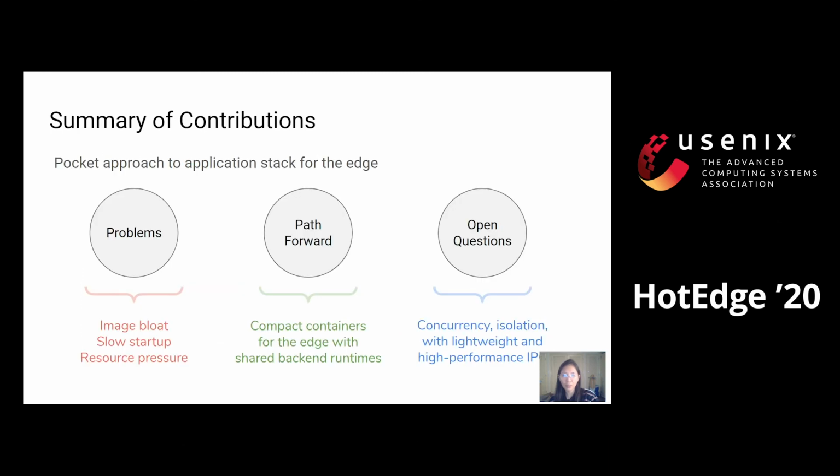In summary, with Pocket, we explore an alternative design for the application stack at the edge. We highlight several problems associated with using cloud-native hosting infrastructure based on monolithic containers at the edge. With Pocket, we present a path forward that combines the benefit of leveraging container-based infrastructure while achieving better resource efficiency